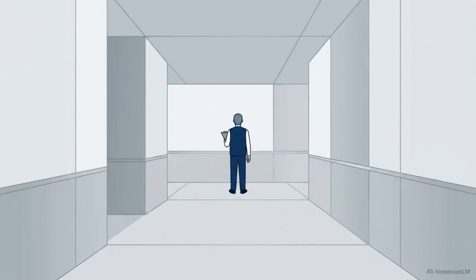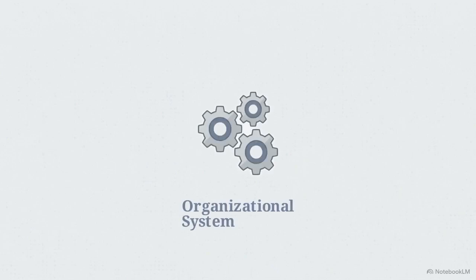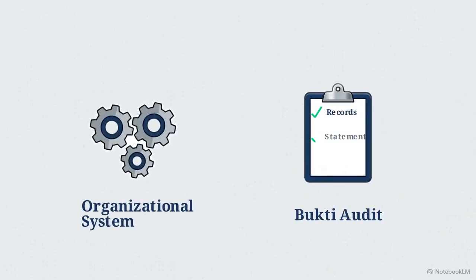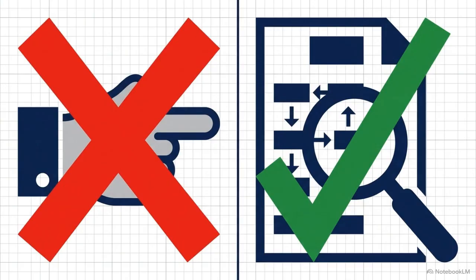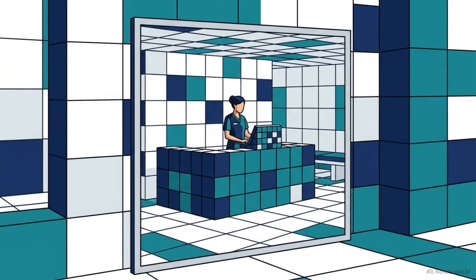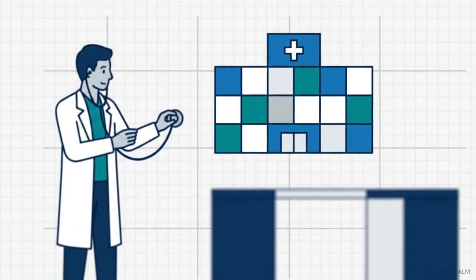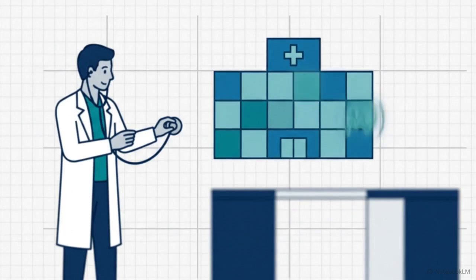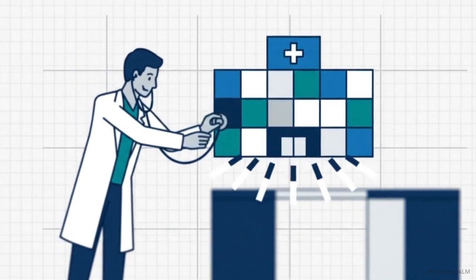This brings us to the internal auditor. Their job is often misunderstood. They are deployed to gather facts and evaluate systems objectively. They are absolutely not there to hunt for individual mistakes or assign personal blame. Think of the internal audit as the organization's mirror. It's a proactive diagnostic tool used to check the health of the system before the external certification body even walks